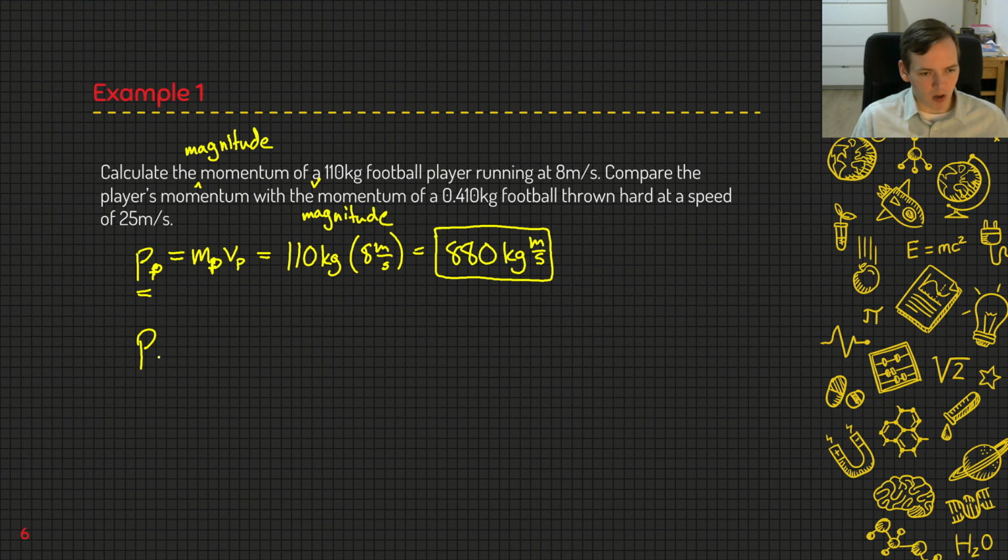So for our football, p of the football equals the mass of the football times the velocity of the football. That's going to equal 0.410 kilograms times 25 meters per second. 25 times 0.4 would be 10, plus 2.5, so this I believe should be 12.5